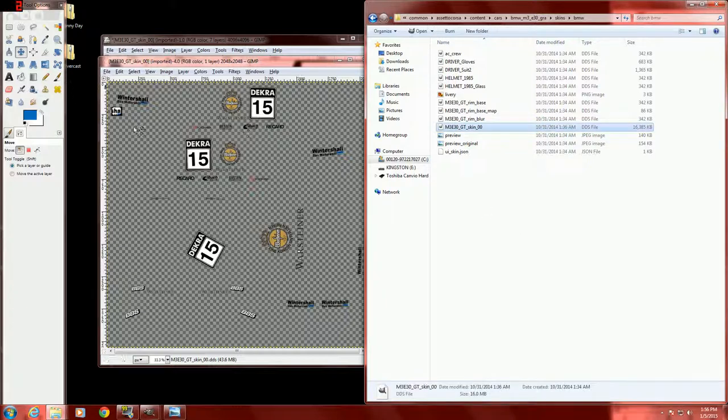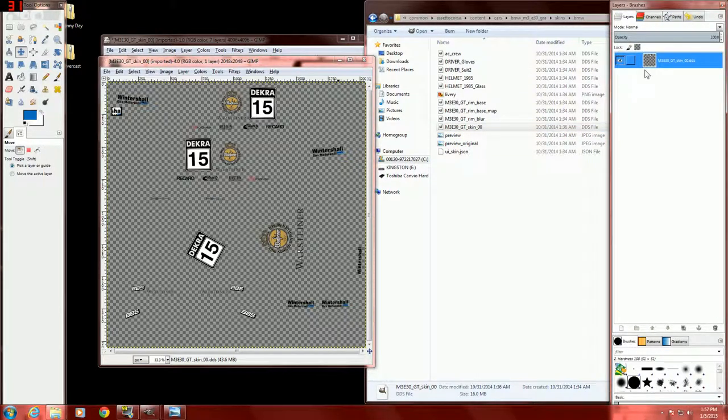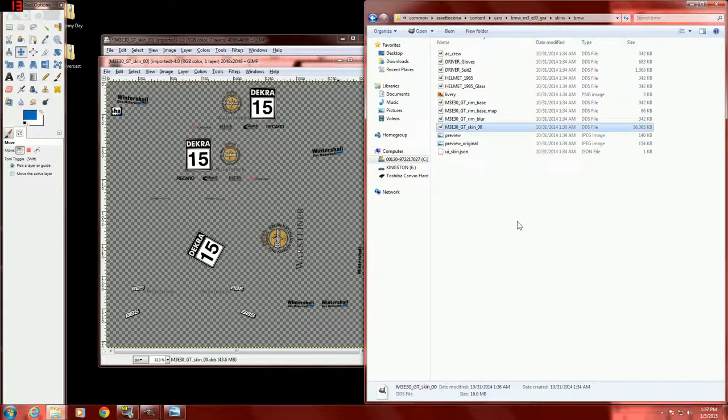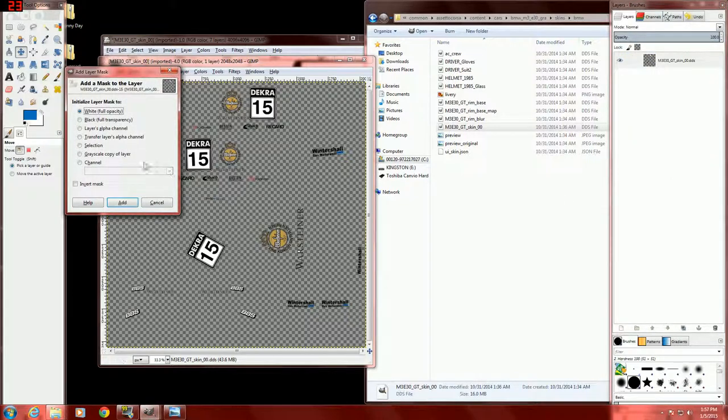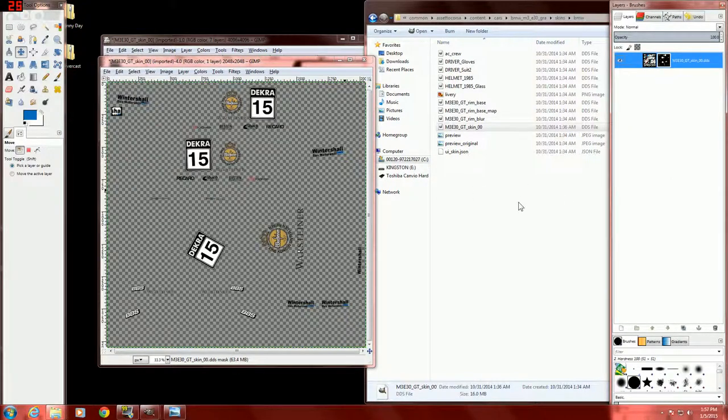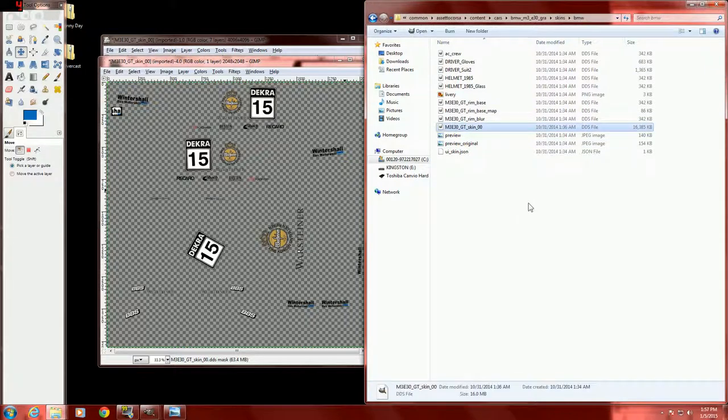Okay, as you can see, the template shows all logos, but nothing else. To change that, we'll do this. Now what I did there was right-click on the image. Okay, we have added a layer mask, and we want to select the transparency level, which is very important for this. Now, once we have created the layer mask, we will immediately delete